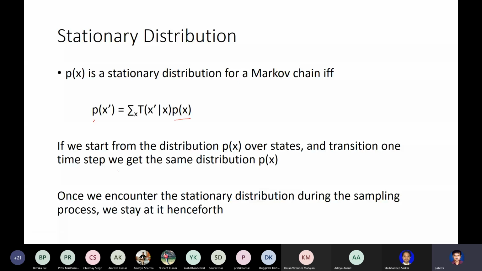Okay, that means once you reach that distribution, you will stay forever in that distribution. It will not change, it will be stationary. And that is your converging distribution P star. So if P follows this property, then P is P star, your converging distribution. That's natural because it's stationary. Once you go there, you stay there forever. So in our Markov chain, once you reach this stationary distribution, henceforth you can take your samples and those samples will reflect P star, because henceforth it will stay in P star.